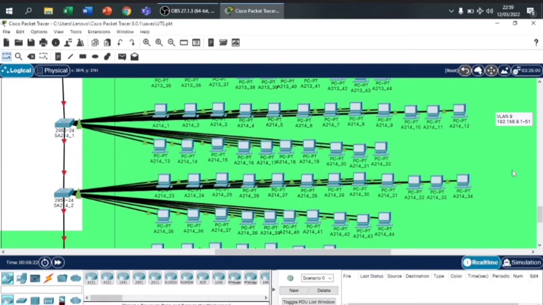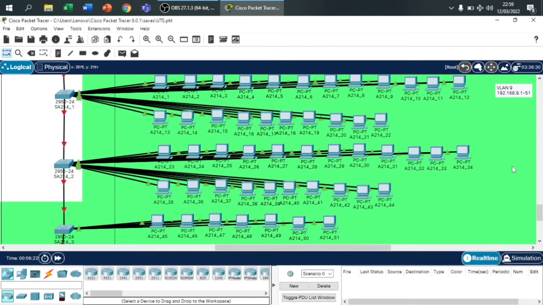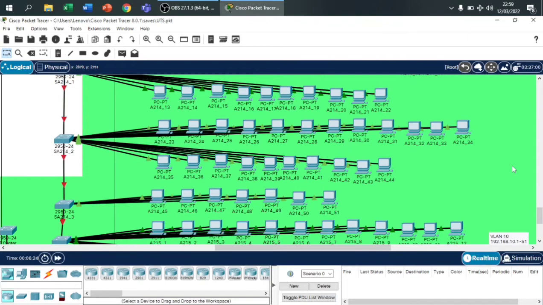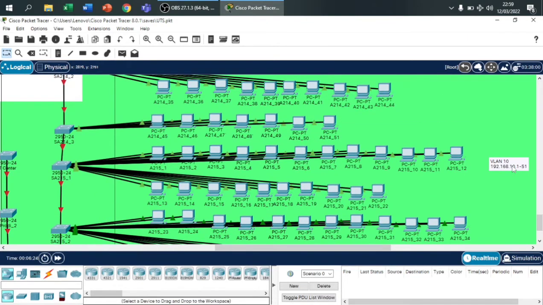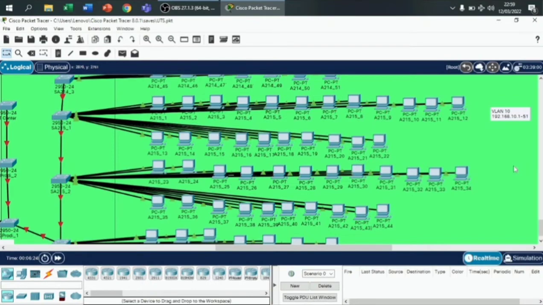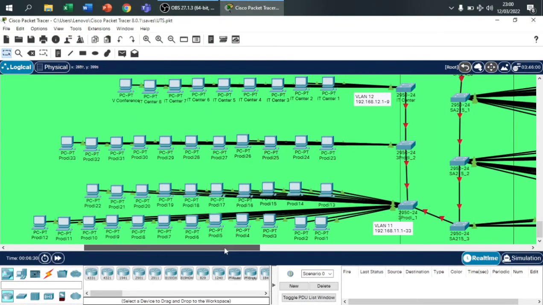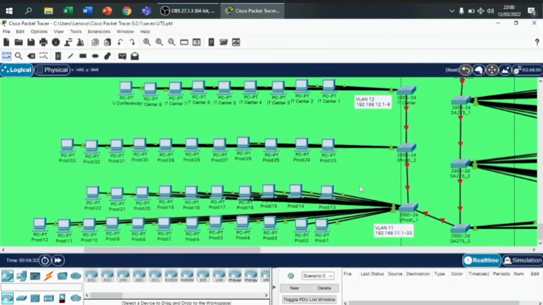A214 has VLAN number 9 and IP addresses ranging from 192.168.9.1 to 192.168.9.51. And A215 has VLAN 10 with IP addresses ranging from 192.168.10.1 to 192.168.10.51. Then we have a major room which has 2 switches and 33 PCs, and VLAN 11 with IP addresses ranging from